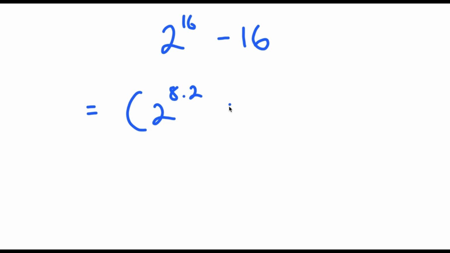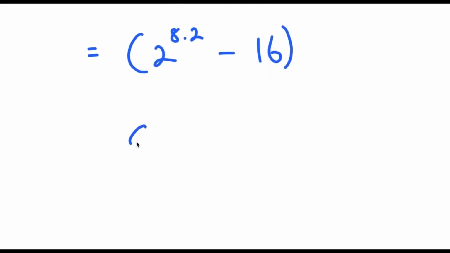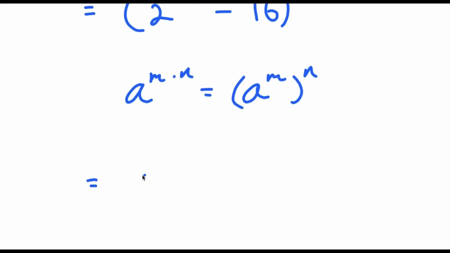Alright, so in this video, I'm going to be solving the problem 2 to the power of 16 minus 16. To solve this, I'm going to first start by writing this as 2 to the power of 8 times 2 minus 16. And if I have something in the form a to the power of m times n, this is equal to a to the power of m to the power of n. So this turns into 2 to the power of 8 to the power of 2 minus 16, which is 4